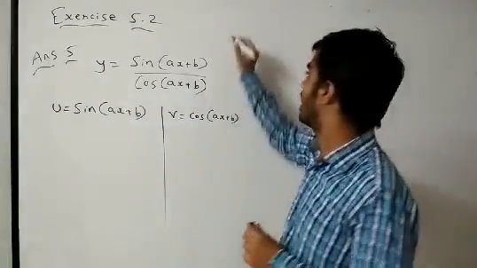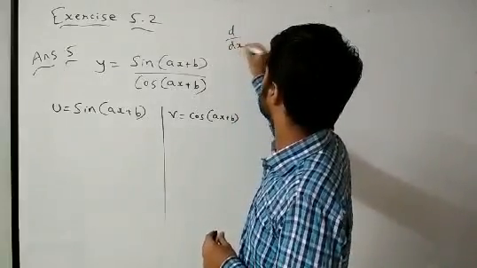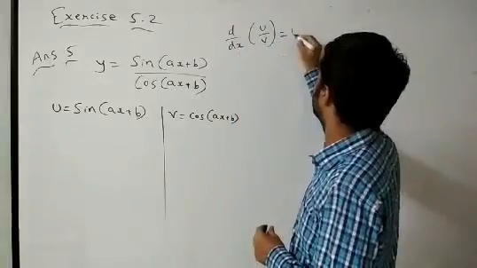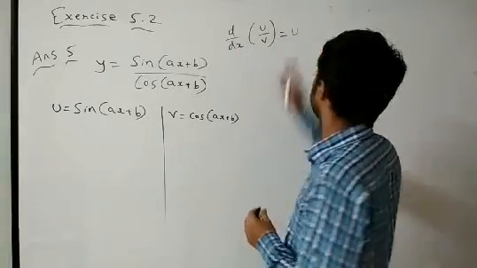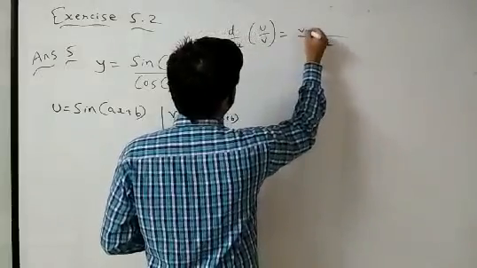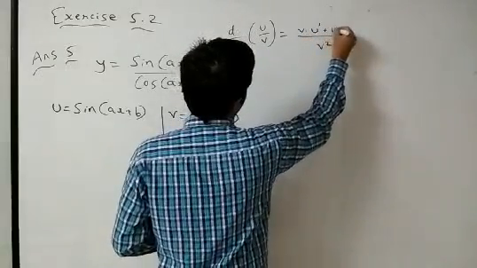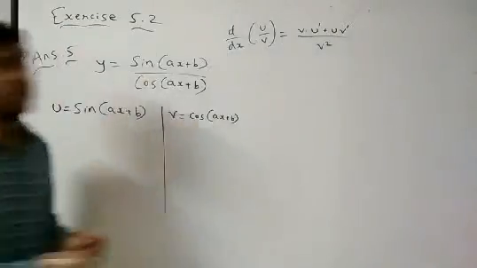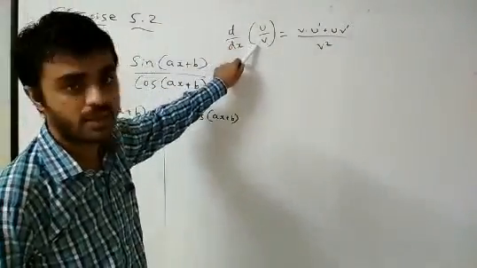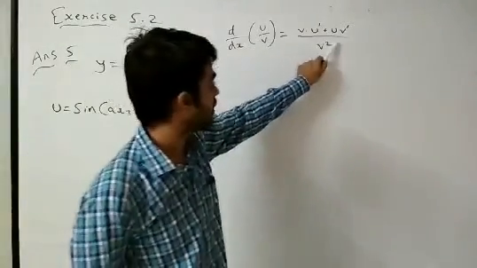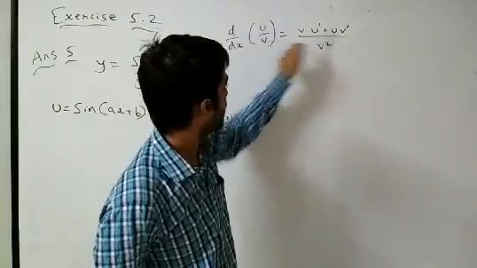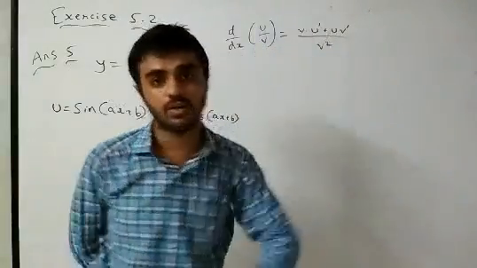You know that d by dx of u by v, right? First of all, what we have to do is write v square in the denominator, and v constant in the derivative of u minus u constant in the derivative of v. This you must know, what you have to do when you are going to differentiate u by v, right? So first of all, v square will be as it is. Then v is over here in the derivative of u, and u is constant in the derivative of v.